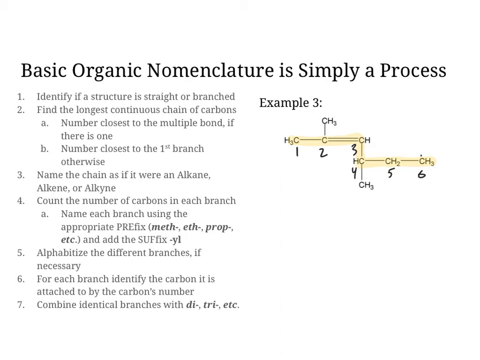Now, if there were a multiple bond and the multiple bond happened to be a tie, that is, if I counted 1, 2, 3 from the left and 1, 2, 3 from the right, then I would break the tiebreaker by going to the number of the branch that's closest when you count from left to right or right to left. So in this instance, if the double bond was after the third carbon, I'm going to draw this real quick so we can see it. 1, 2, 3, 4, 5, 6. So if we had this,